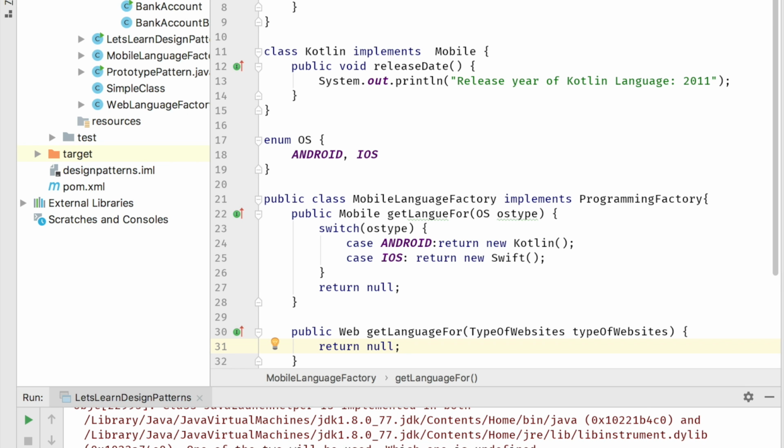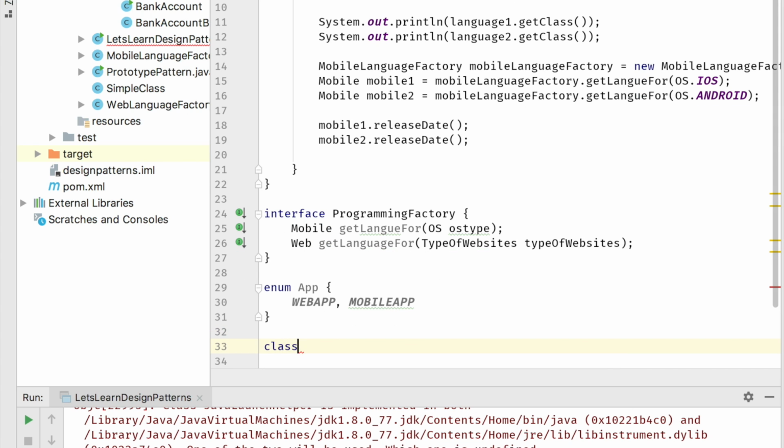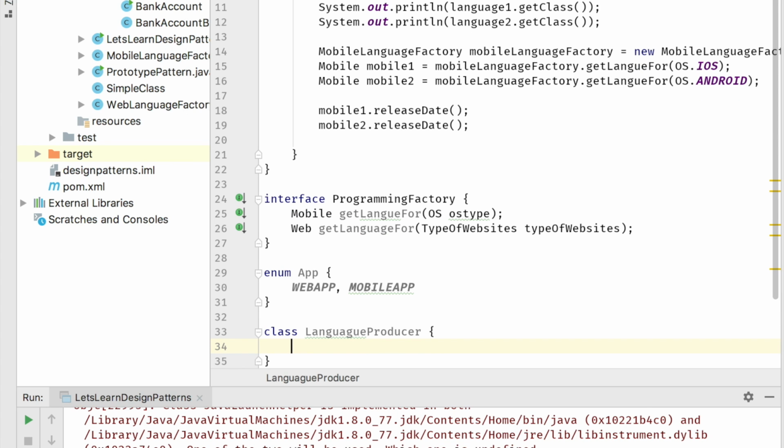So, okay, it's almost ready. For step 3, we need another step to create a factory which will produce factories. Let's call it LanguageProducer. First of all, let's go to our main method class. Here I will create one enum App which will have two constants, WEB_APP and MOBILE_APP, and one class LanguageProducer, and it will contain a static method which will return ProgrammingFactory